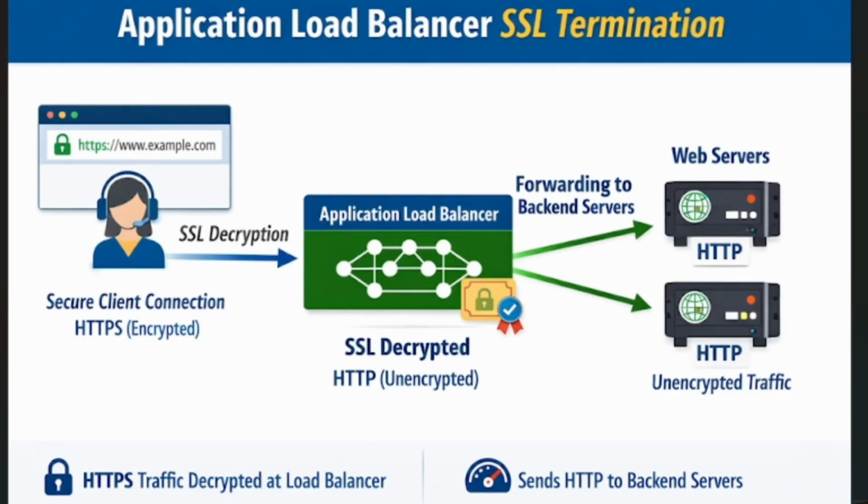What is application load balancer SSL termination? The application load balancer operates at layer 7 in the OSI model, and it is ideally used for web applications, APIs and microservices. It routes the request based on the path, host and headers and forwards the request to the backend web servers. Coming to the SSL termination, when the user sends a request, which is an HTTPS request,